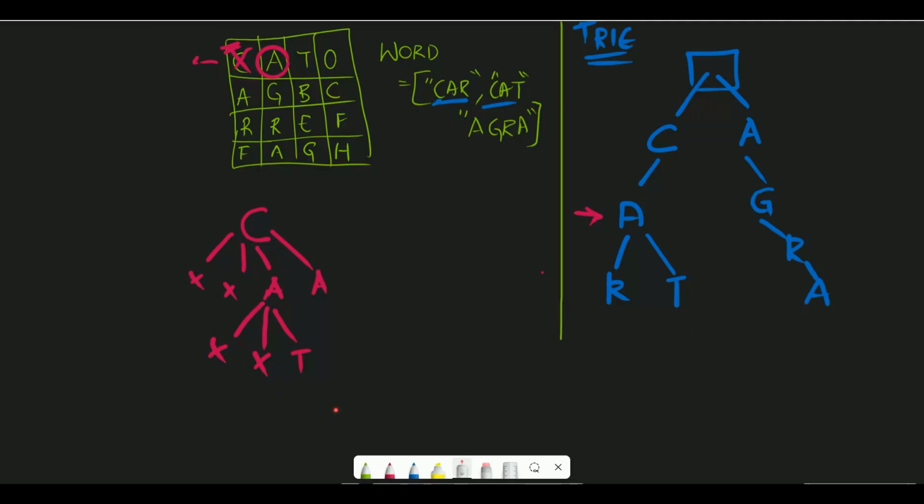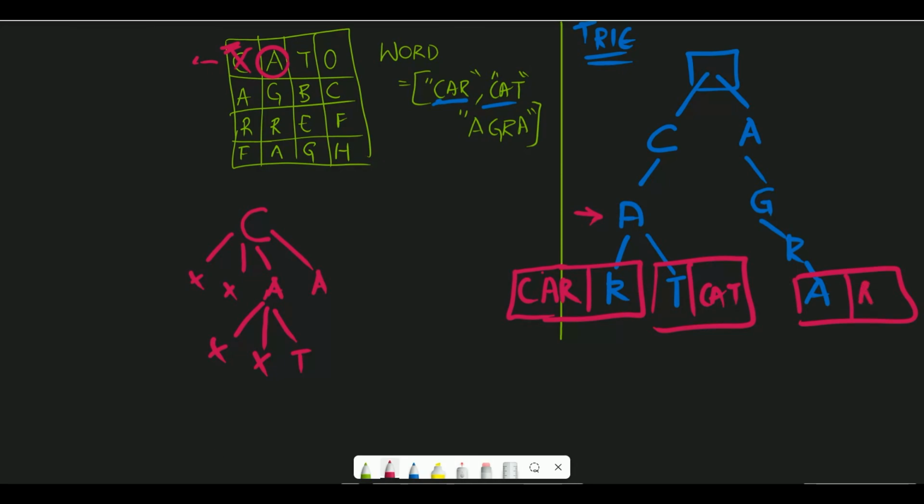Now during the insertion of the trie, it's important to note that we'll make one small change. At the end of this place, in order to mark the end of a word in the trie, we can also mark it as end and make sure you collect all the elements in the path. Otherwise, from an implementation standpoint, you can insert the entire word in this place. You can just say, I'll make this slightly bigger. You can just say at this point it is car. You can say at this point it is cat,